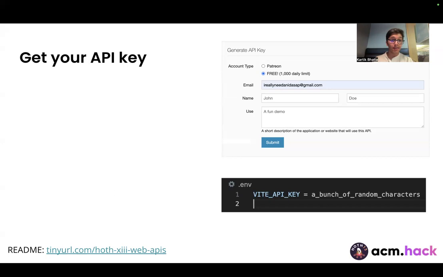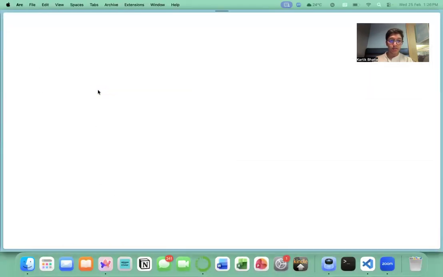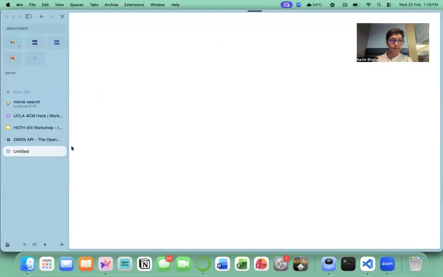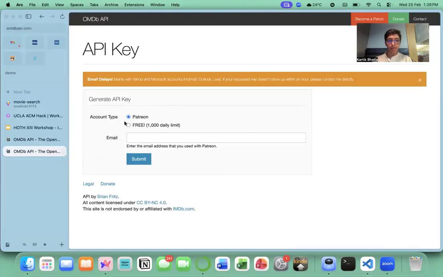The next thing is to get an API key. You can get it over here at this link. If we just quickly follow that. Yeah. So make sure you get the free one unless you're willing to pay on Patreon. Enter an email and just get an API key. With that, you're gonna get an email and